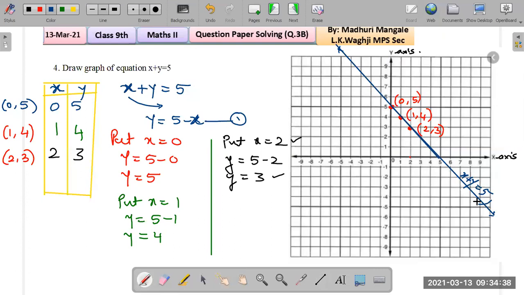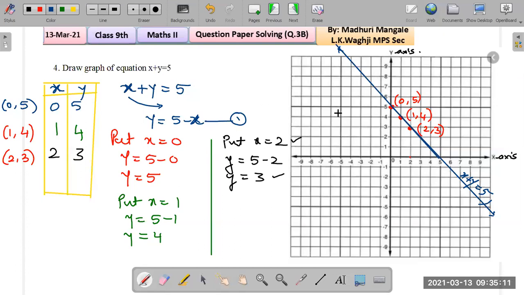That completes the solution. Very important, remember students, you need to show the points, how you got those points, and then plot the points. At least take 3 points. If you wish to take 4 points, it's okay, that's completely fine. And joining the points will give you the line. You need to show arrowheads at the ends and write the equation on the line. Okay, as I have done over here. Okay, this completes the solution.